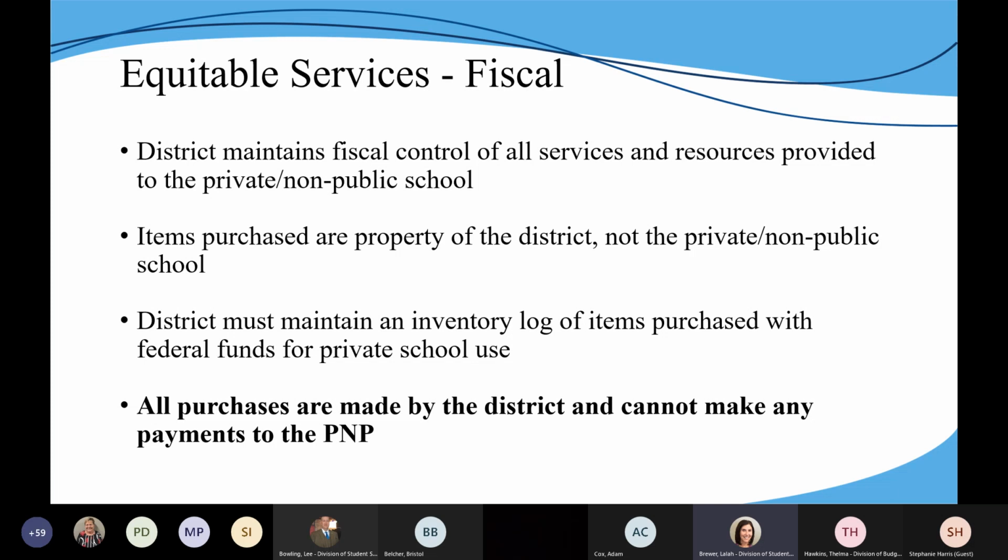Those letters go out usually in about February, March, letting the private school know that there are federal funds available and what time to set up some sort of consultation. Then the district and the private non-public school meet to discuss what may be going through with that consultation. And I'm actually going to drop a copy of the consultation packet into the chat